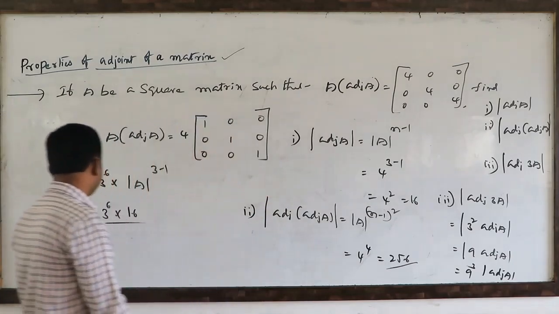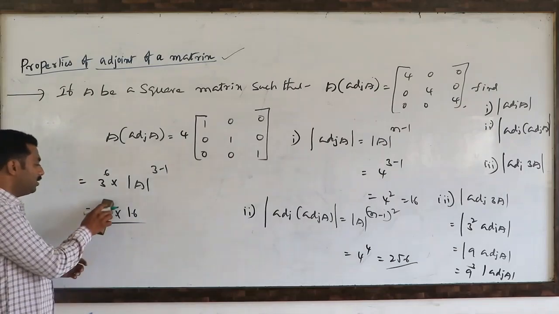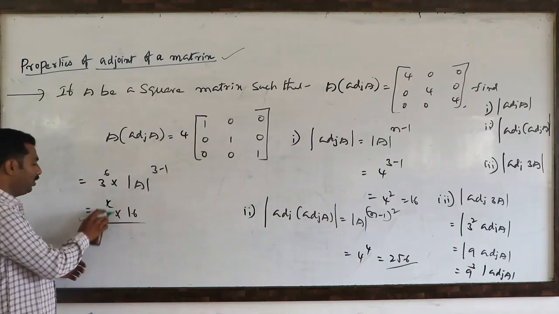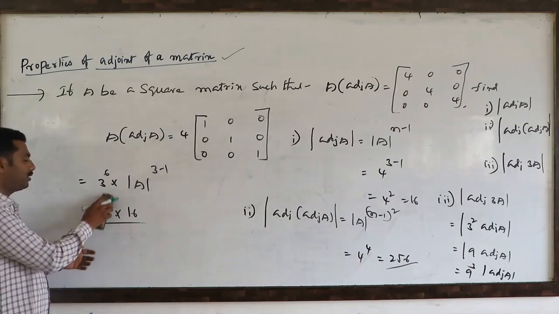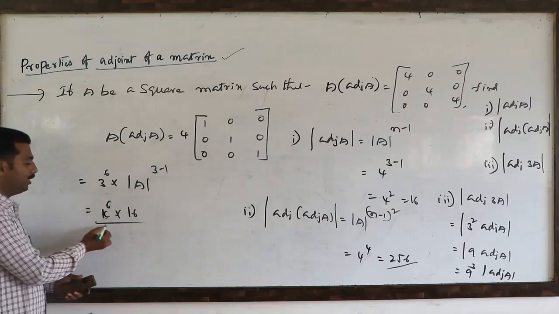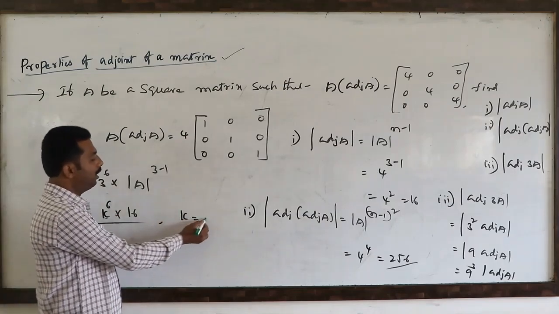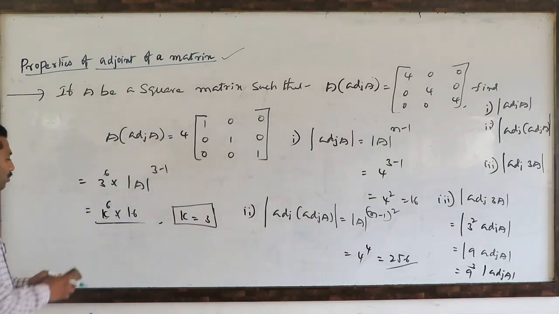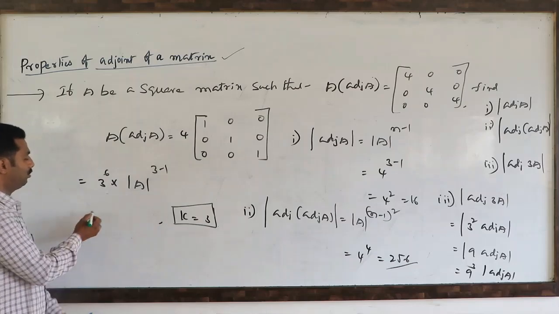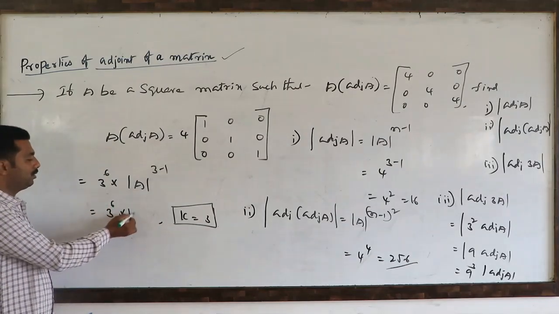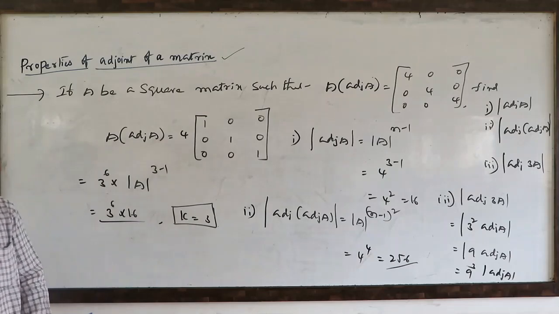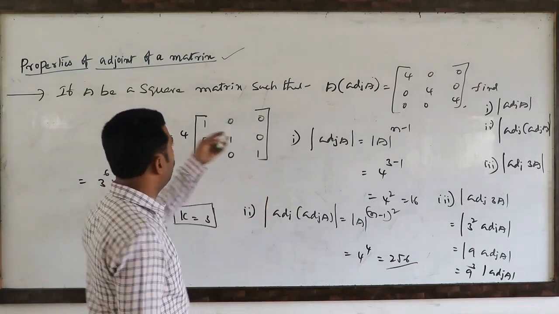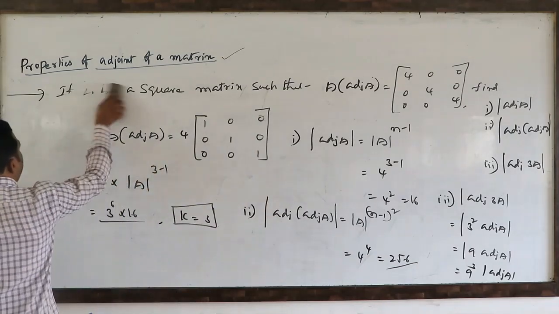So in the options they will give like this only, or simply they will remove this k and ask, or they will remove k and write 6 here and ask. So it is an integer type question. What is the k value? Nothing but 3 only, the answer will come. So you have to remember this type of problem. So this is 3 power 6 into 16. Okay. So these are the applications based on what we discussed, properties only.